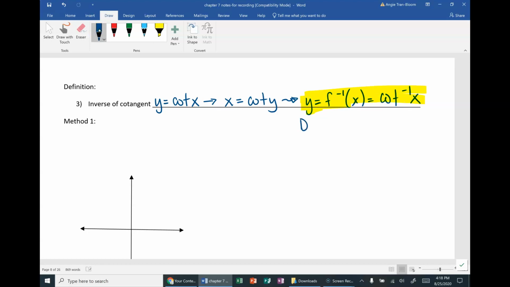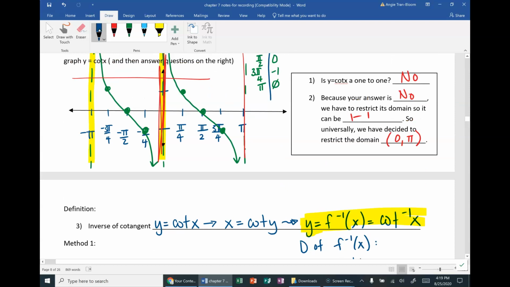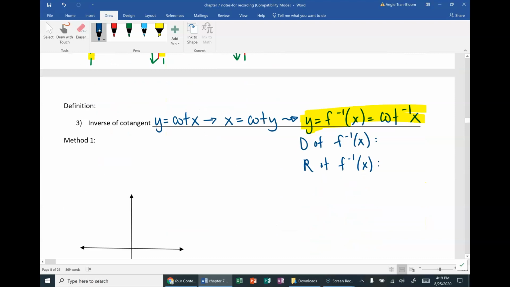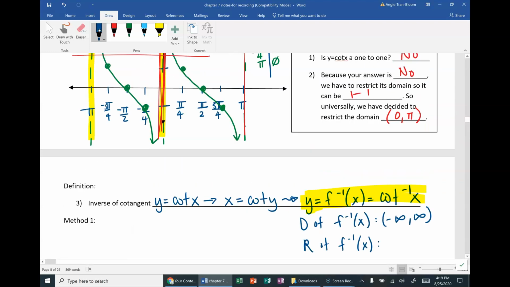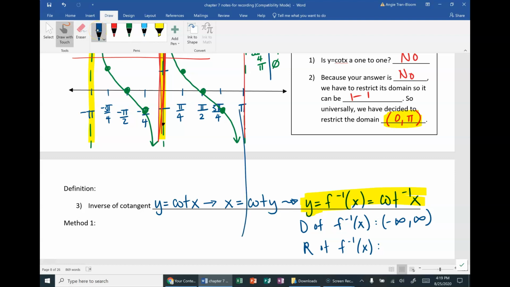Let's define the domain of cotangent inverse and the range of cotangent inverse, which is the inverse function here. So the domain, let's look up really quickly, is really the range of the regular one, right? And the range of the regular cotangent is all reals. So this is going to be from negative infinity to infinity, aka all reals. The range of your cotangent inverse is where we restricted it, which is from 0 to pi. So that's what we will copy down. And you do need to know these